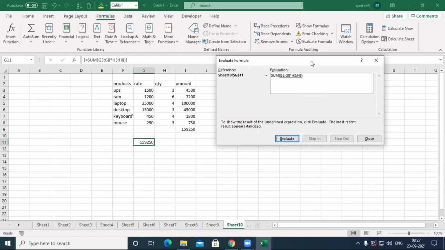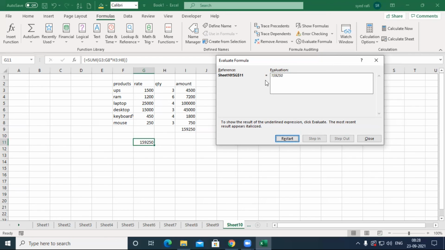If any function or formula is given and you want to understand it, you may use Evaluate Formula, which makes it easy to understand how it works. In later classes, I will explain more about Evaluate Formula.